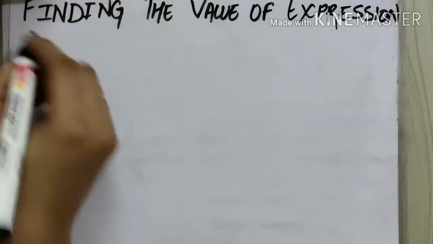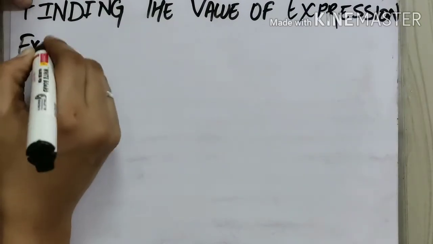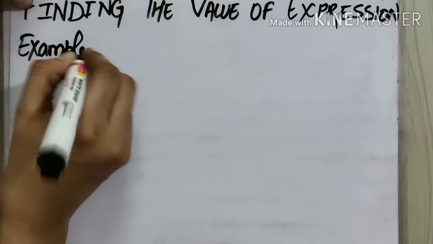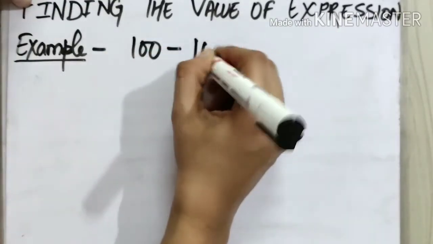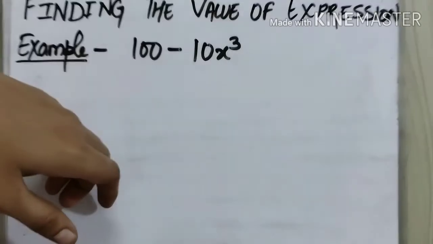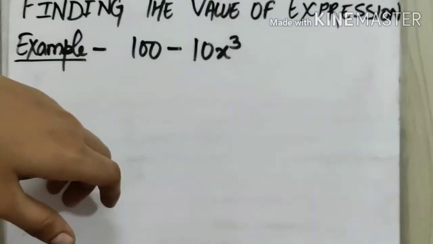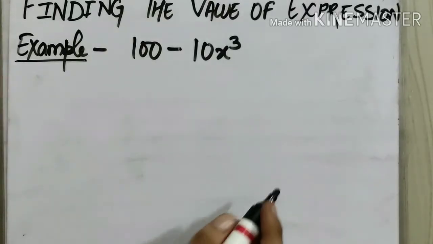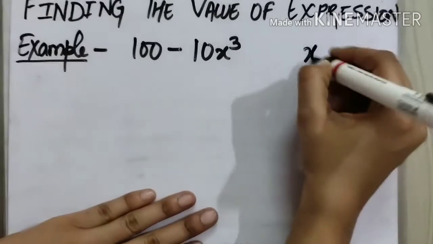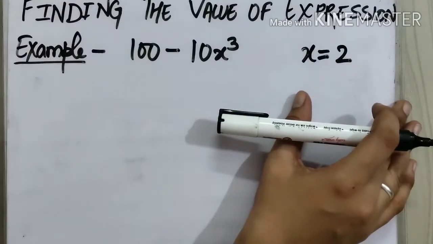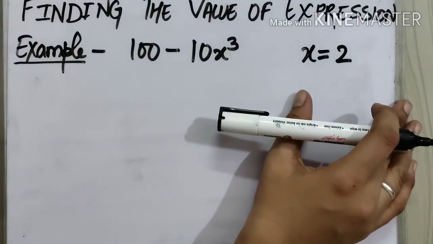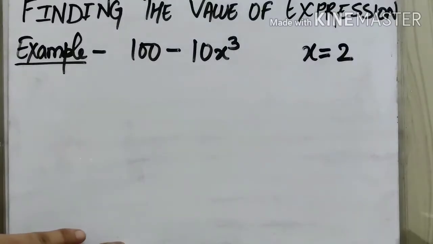There we were finding the value of variable, here an expression. For example, let us take a question that is given to us: 100 minus 10x cube. You have to find out the value of this expression by using x equals to 2. Now the value of x is given to us. What we have to do is we have to find the